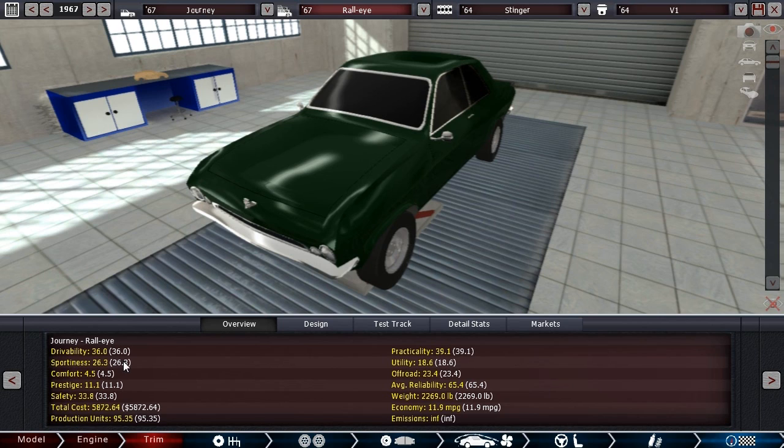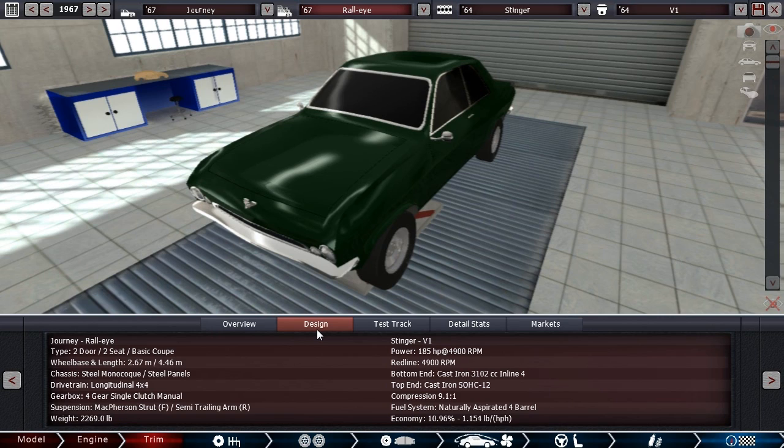36 drivability, 26 sportiness, no comfort to speak of, decent prestige, 11.1. It's a tough error for prestige, trust me. Safety 33, good, didn't forget about that. Total cost, very low. That's something to keep in mind. This could be a car that is significantly cheaper than the stuff we've looked at. In the design category,